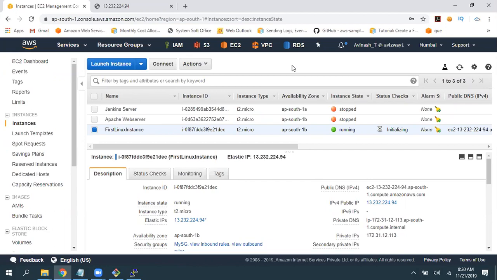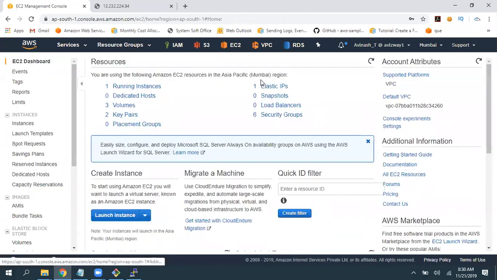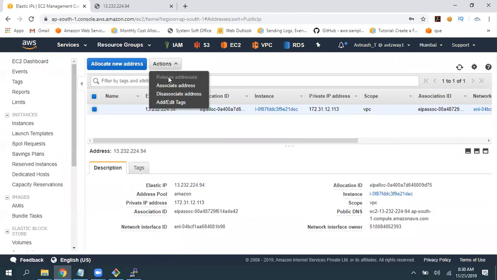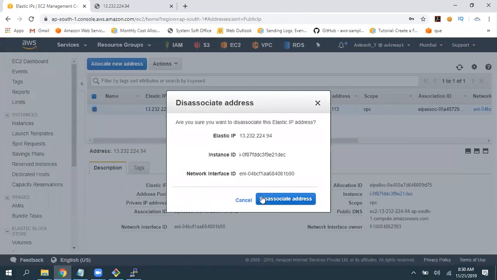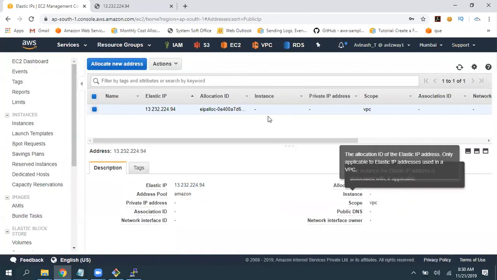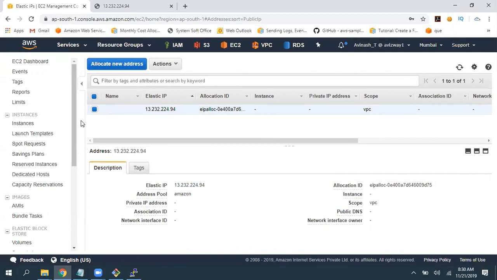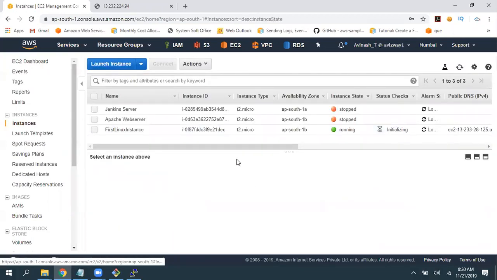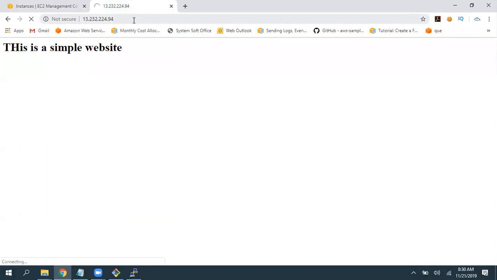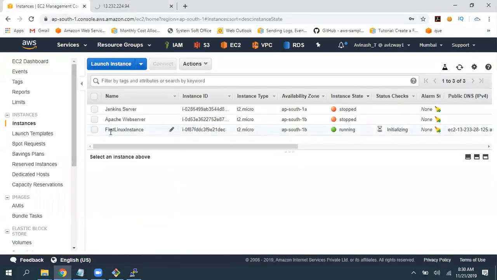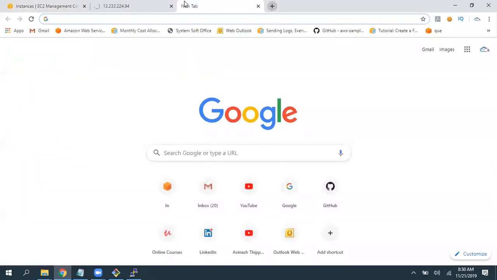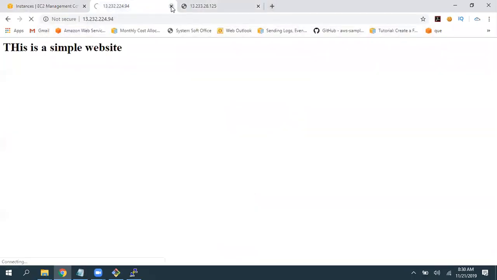Okay. So now, if you disassociate this, I'm going to disassociate. It's still in my AWS account, but I've removed it from this instance. So immediately this is gone. I got a new public IP address. Again, I'll get output by using that new one, but this elastic IP address is disassociated.